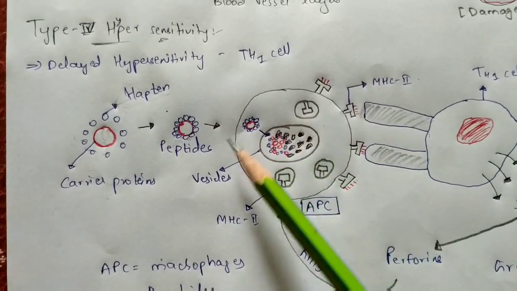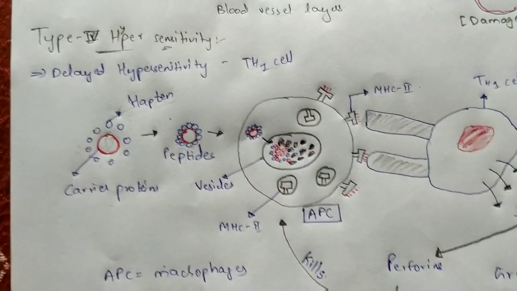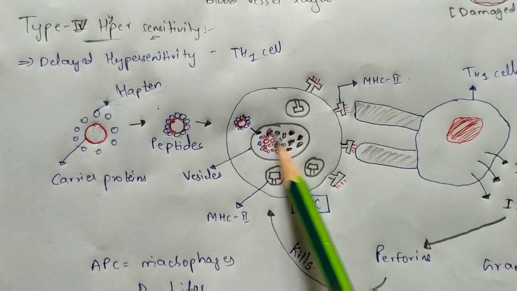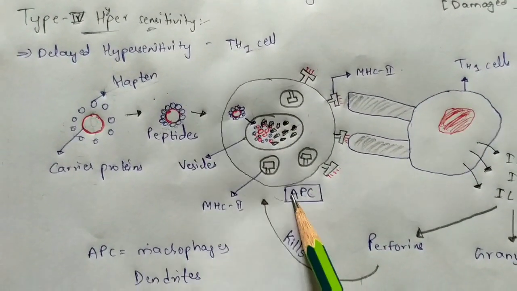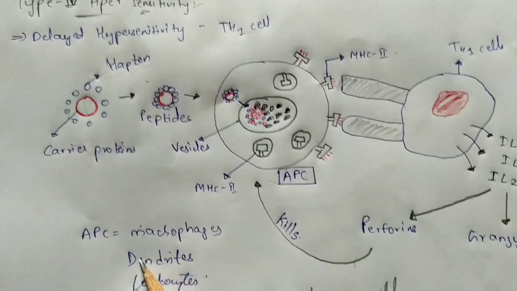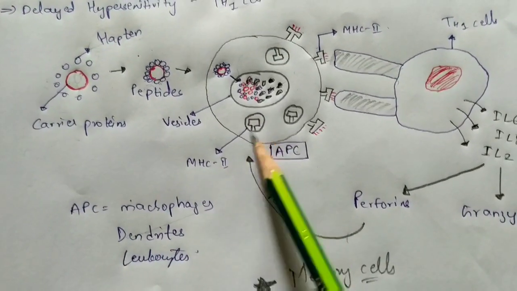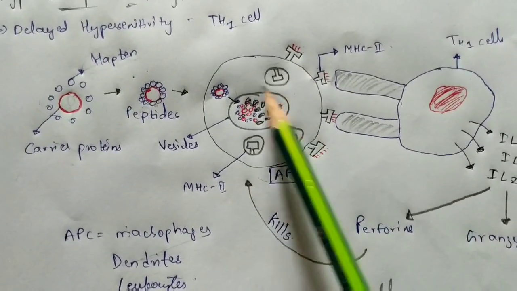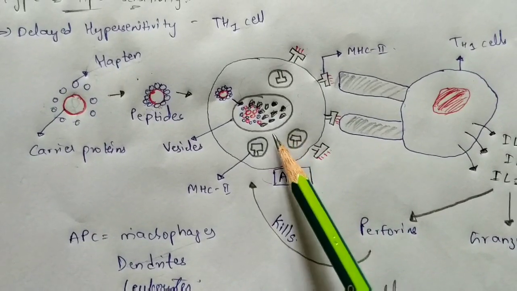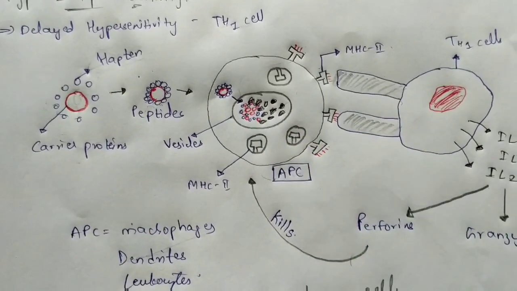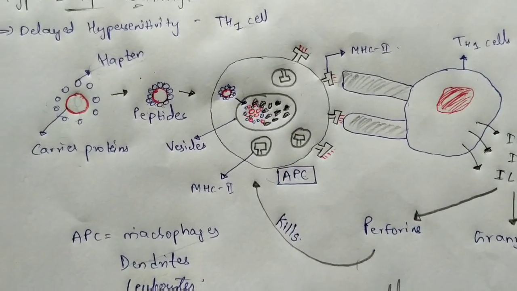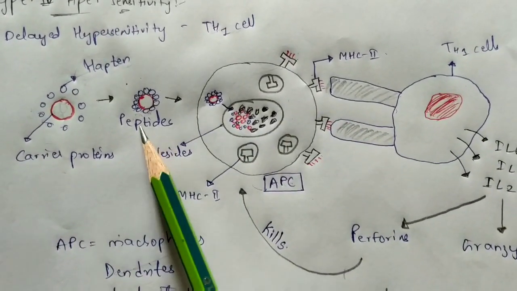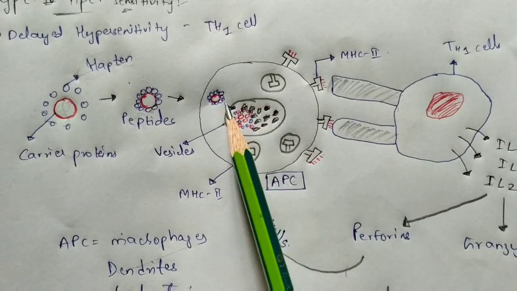Normally, in immunology, this is said to be an antigen presenting cell, APC. The best examples of antigen presenting cells are macrophages, dendritic cells, and leukocytes, right? You know about leukocytes, right? White blood cells. Leukocytes are nothing but white blood cells. So I am taking macrophages in this case. It is said to be an antigen presenting cell, but the best example of an antigen presenting cell is the macrophage. So when these peptides enter into the macrophage, then what happens is